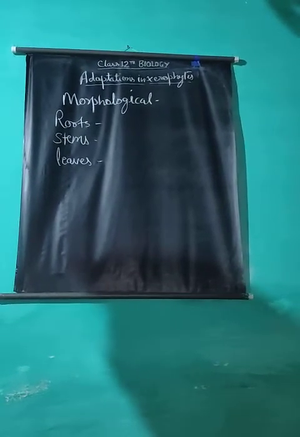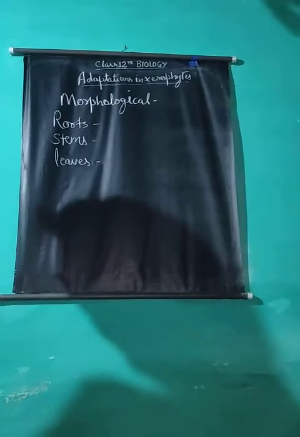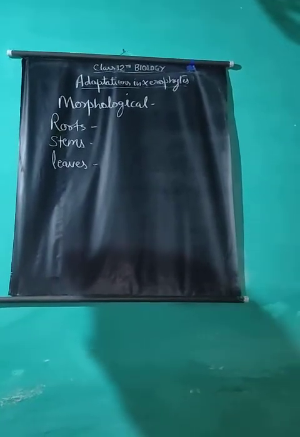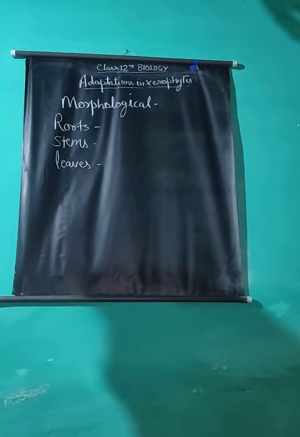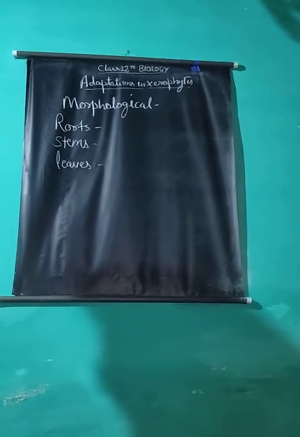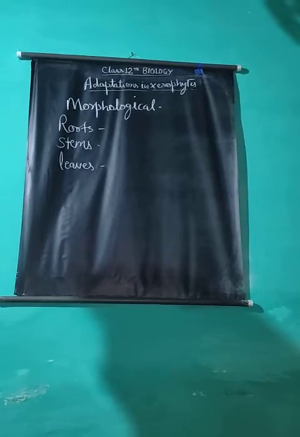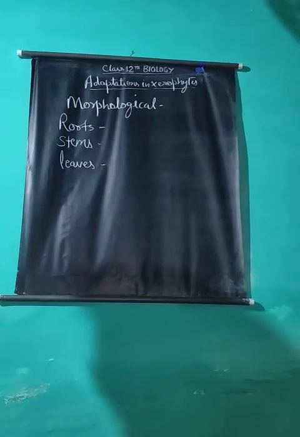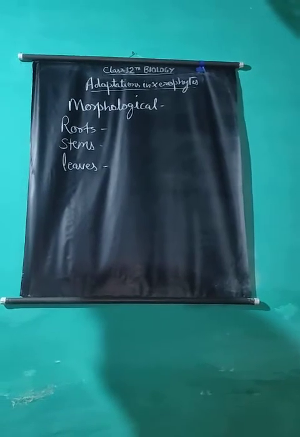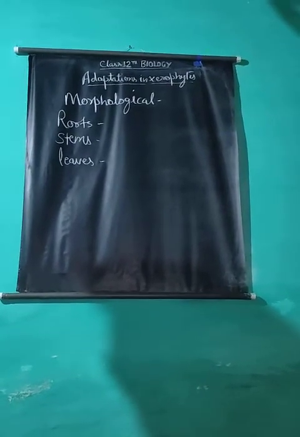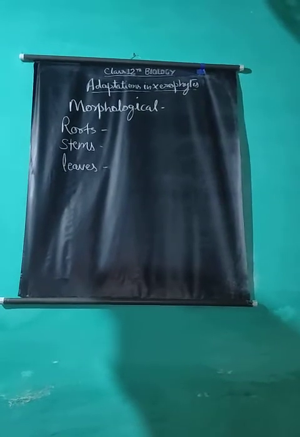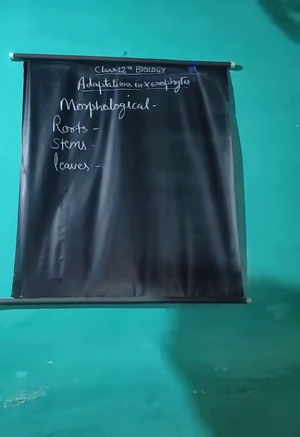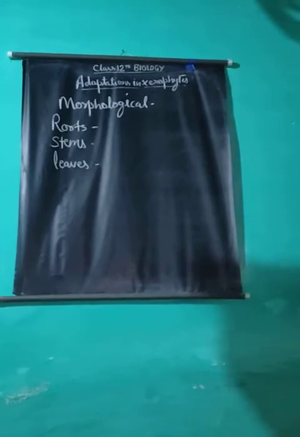In some xerophytic plants, the petiole becomes flattened, green, leaf-like, and does the work of the normal lamina. This modified structure is called phyllode. For example, in Acacia melanoxylon, Australian Acacia or Australian Babool. The leaflets of unipinnate leaves fall down from the rachis and its green primary rachis becomes flattened and performs photosynthesis.